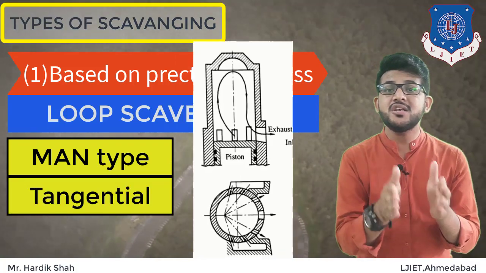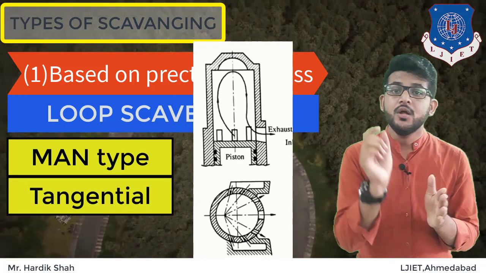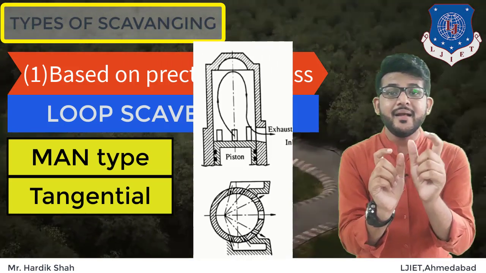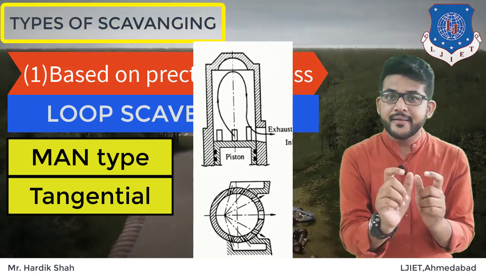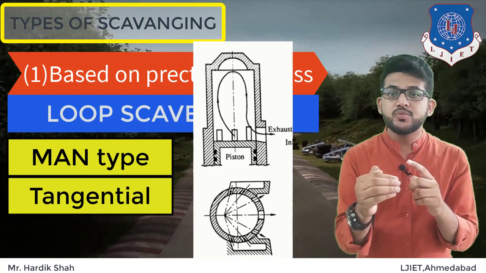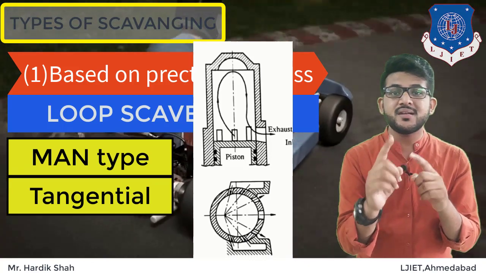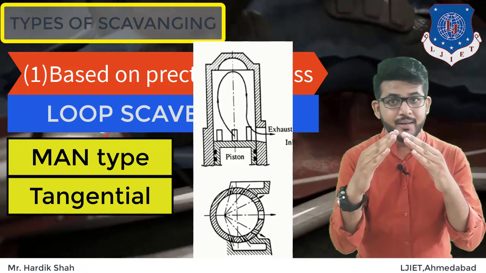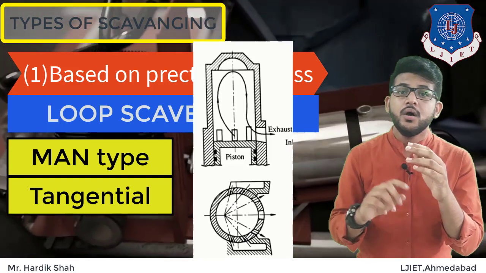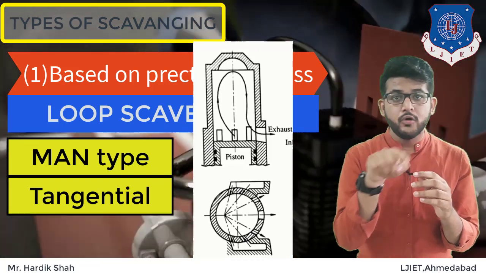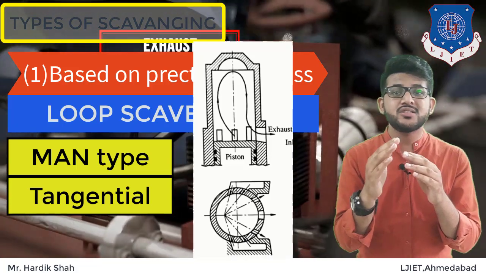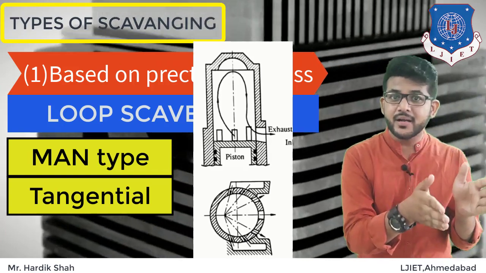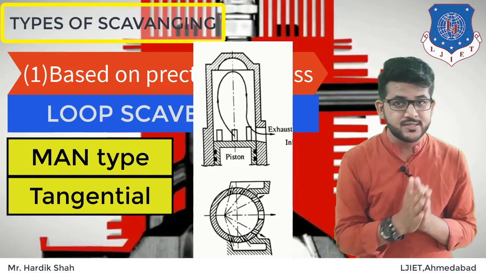Second one is tangential loop type scavenging method. So in this scavenging, what is happening? The two pairs of inclined inlet ports are directed upwards and the exhaust port is placed at the center of it. So the fresh charge enters from the inclined inlet ports directed towards the upward. It forms the U shape, or you can say loop shape, and it forces the exhaust gas to go out of the exhaust port. It provides much better scavenging than the simple loop system.